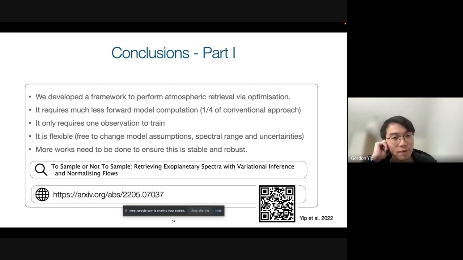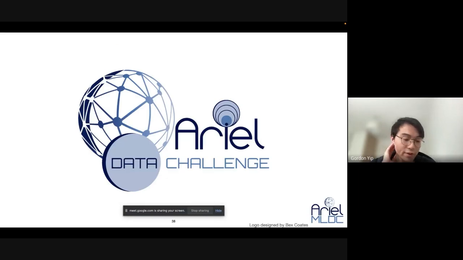So the conclusion for the first part is that we developed a framework to perform atmospheric retrieval using optimization as opposed to using sampling. We're able to reduce the forward model computation, and it only requires one observation to train. So you don't actually need to produce a large library of data, as opposed to all the other machine learning algorithms. It only requires one observation. It is flexible because we can change from Hubble to Ariel without needing to generate a lot of data sets. But more work is to be done to make sure that this is stable and robust. Now, with all these caveats that we have in our mind,